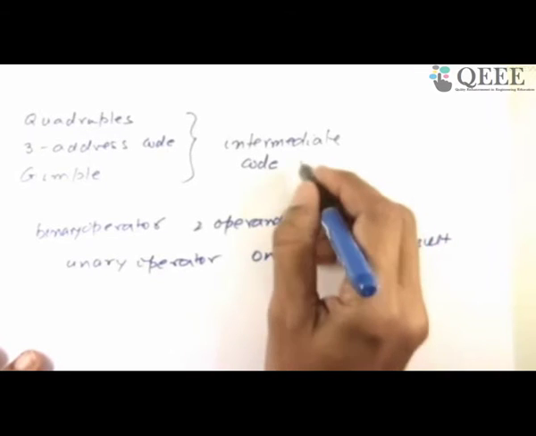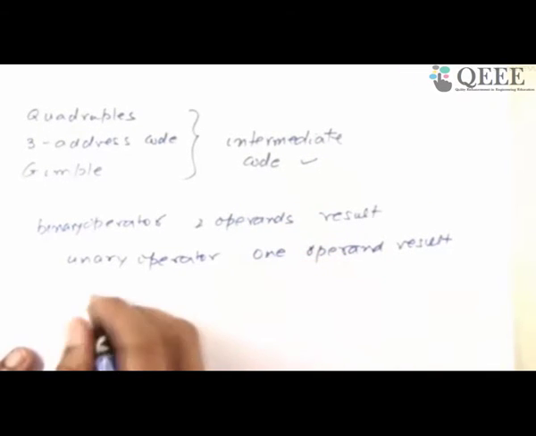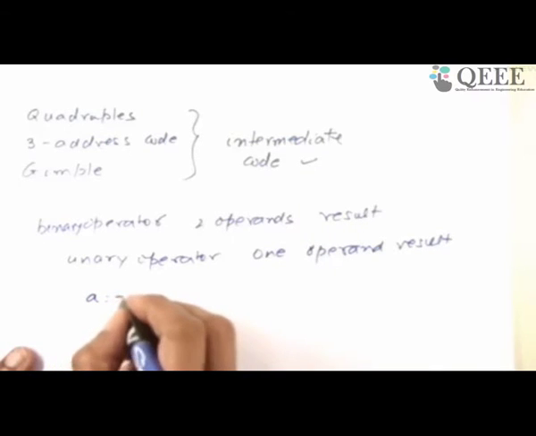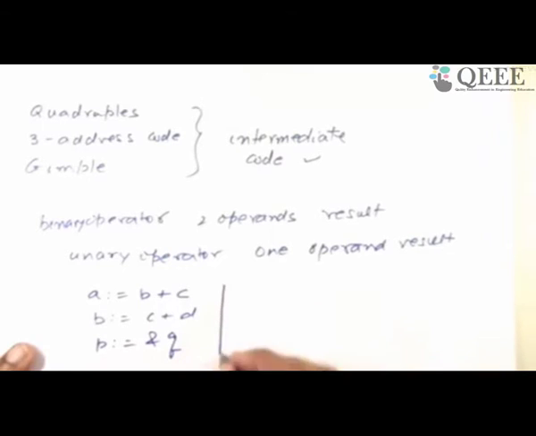The intermediate code form that I am using in the course basically doesn't use this form. It uses the result, which means something like A assigned B plus C. You cannot write another operand. Similarly, maybe B is assigned C plus D, or I can do P is assigned address of Q. So there are various forms like this which are allowed. These are the intermediate code that we will generate.